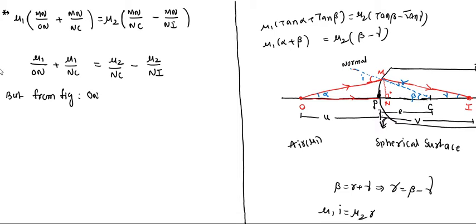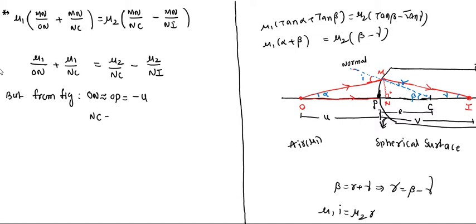You see the figure, right? ON is nearly equal to OP, is it right? OP is the distance of the object from the pole. That OP we write as u, but according to sign conventions we have to write minus u, because distances on the left side of the pole are negative and right side distances are positive. All distances should be measured from the pole. That's why u is taken as minus u.